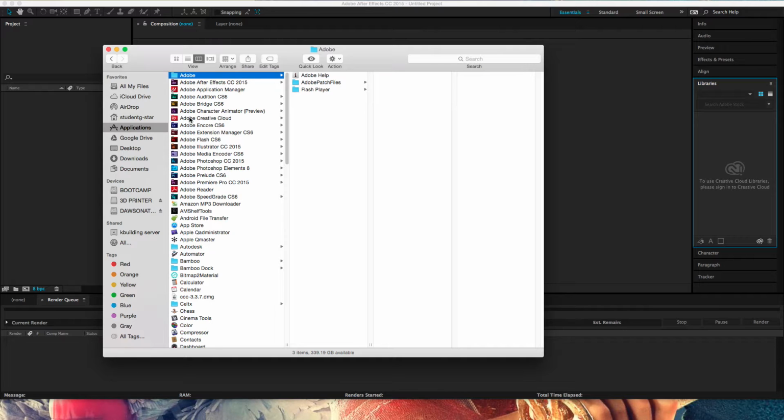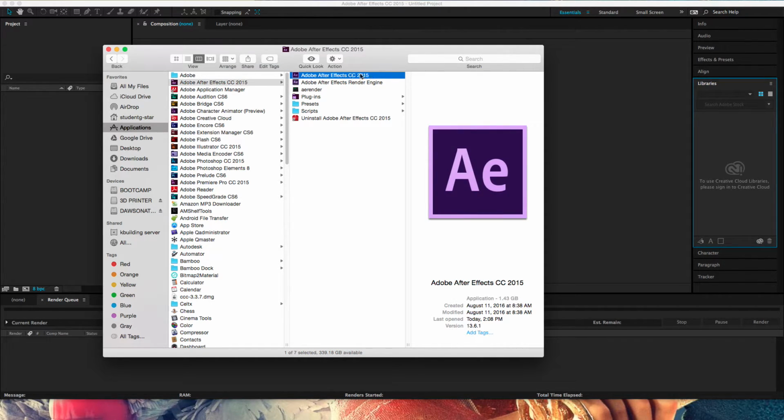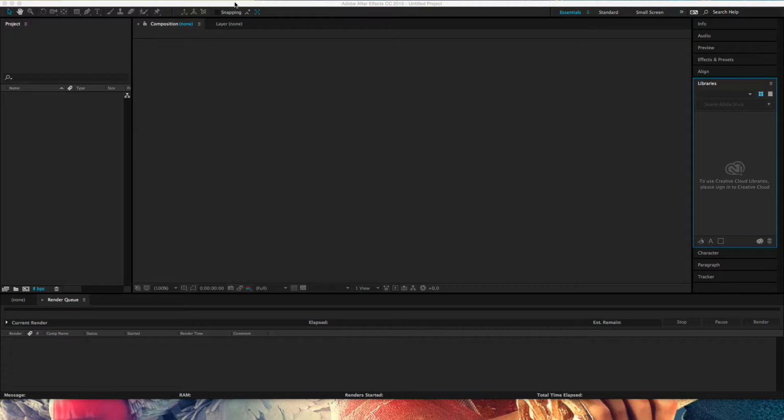It is located up top here, and then just double click on Adobe After Effects, whether it's CC 2015 or CS6. Once it opens, you're going to get a screen like this,